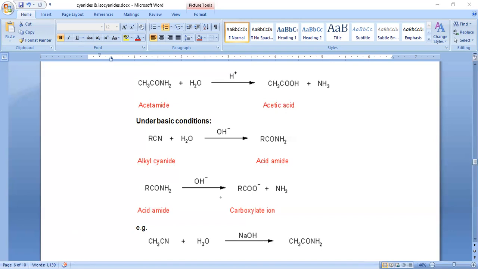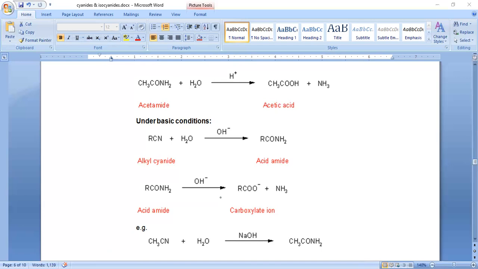All this reaction is executed in the presence of acid, so up to formation of amide, this is the same. If we carry out the same reaction in the presence of base, what happens after formation of this product? This is an acid. What is the nature of a base? Base will accept H plus. And what is the nature of an acid? It will donate H plus. So thereby we may get it like this. Here in basic hydrolysis, we end up the reaction with the formation of a salt, whereas in the acidic hydrolysis of cyanides, we end up the reaction with the formation of carboxylic acid. So that is the difference.